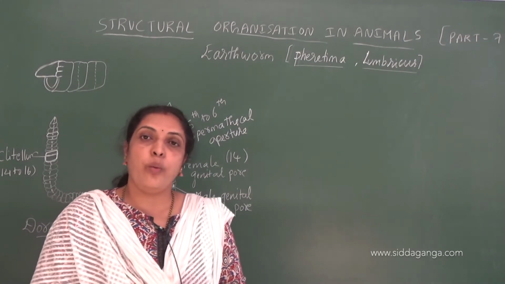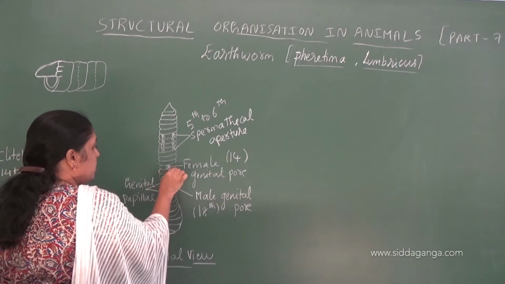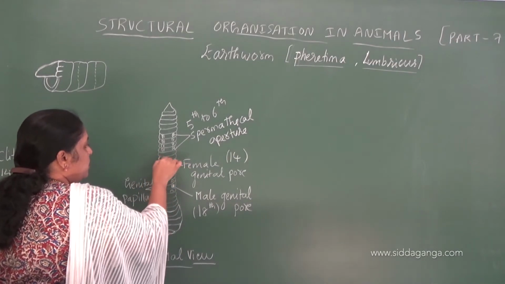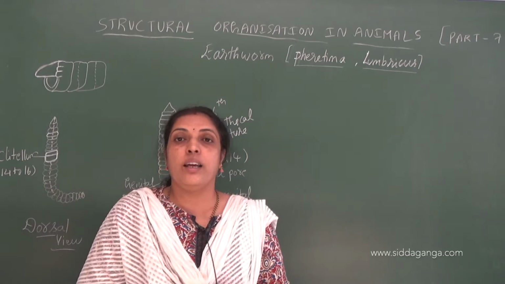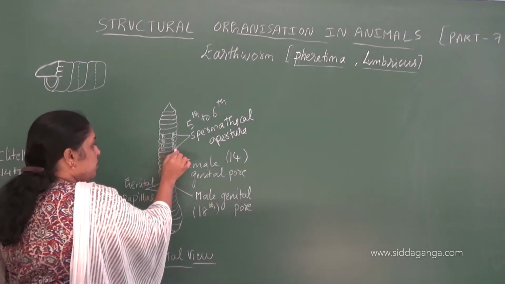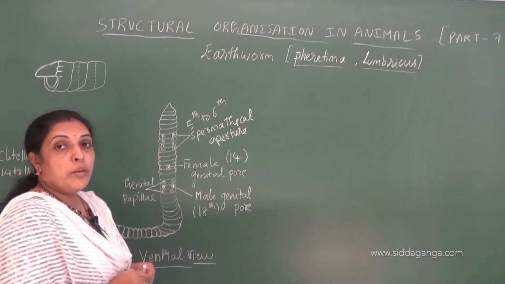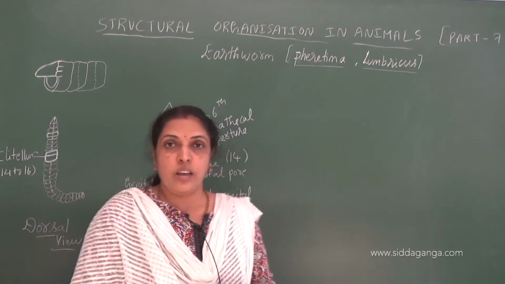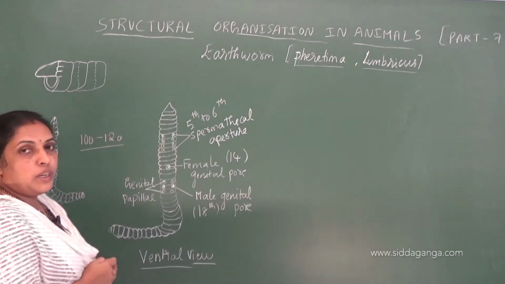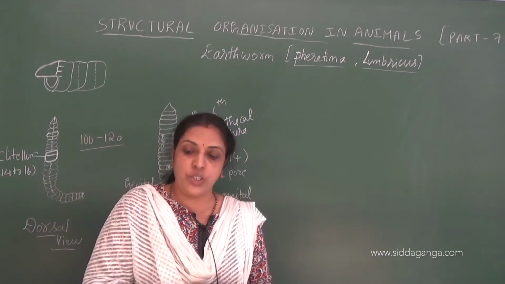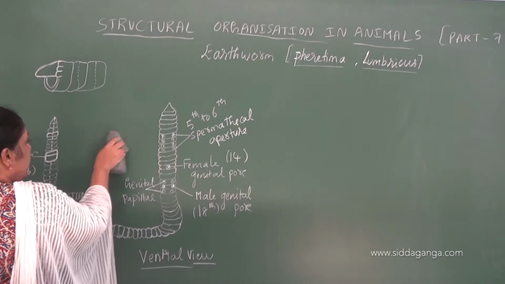Then this earthworm belongs to phylum Annelida. Because we see a ring-like structure, annuli. Due to this presence of ring-like structures or annuli, they got the name Annelida, and they are segmented. Due to the segmentation only, they are showing ring-like structures. So that is metamerism. Metamerism is seen in earthworm. Nearly 100 to 120 segments, or metameres, we see in an earthworm. Understood?